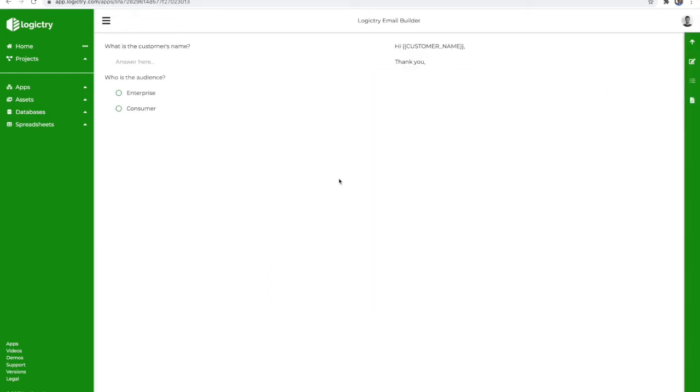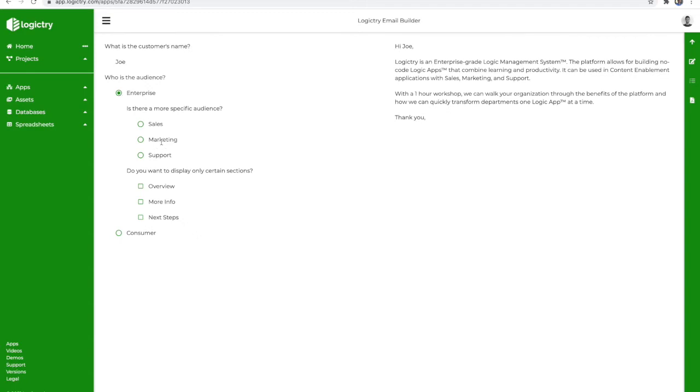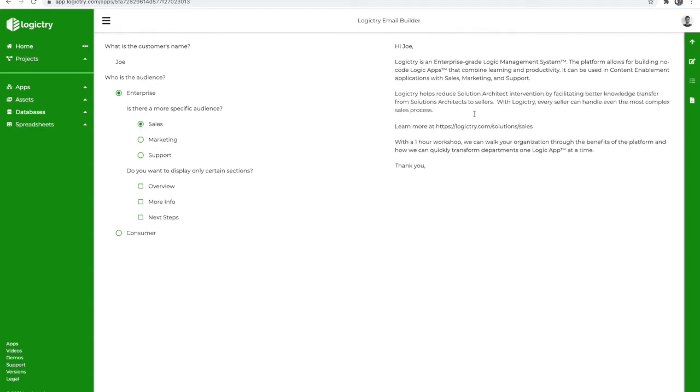We built an email builder here internally that when we talk to a customer, say it's Joe, then it puts his name there in the email. That's great so far. Then we have a question. Who's the audience? Is it enterprise? And is it sales, marketing, or support? So let's say it's sales. And that quickly, we now have a custom tailored email that can be sent to the customer to give them